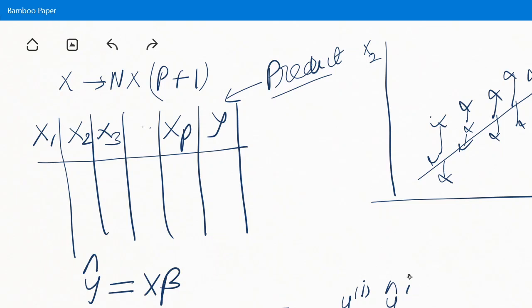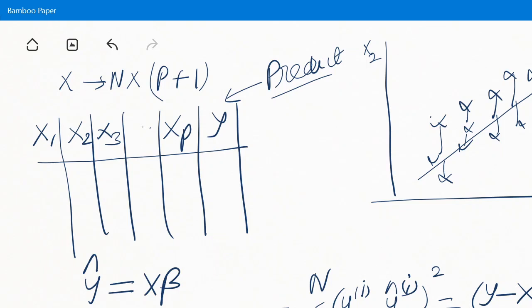So this is the predicted value for the ith example, summed over all the training examples. It can be written as y minus x beta transpose in the matrix form,